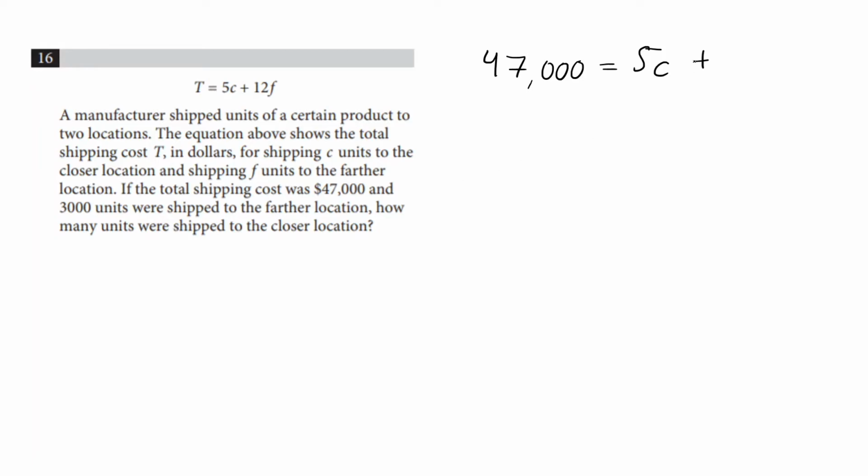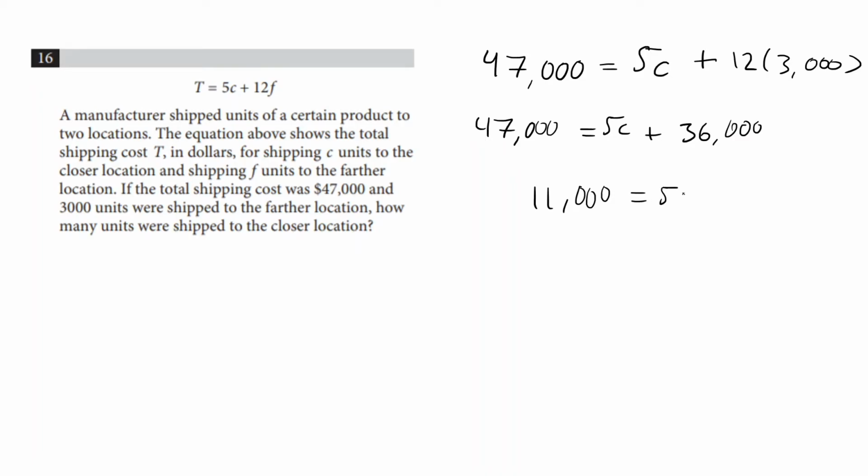That would be plus 12 times 3,000. Okay. Alright, so we can simplify this and make this into 36K. Alright. And now we just subtract it from both sides, which gives us